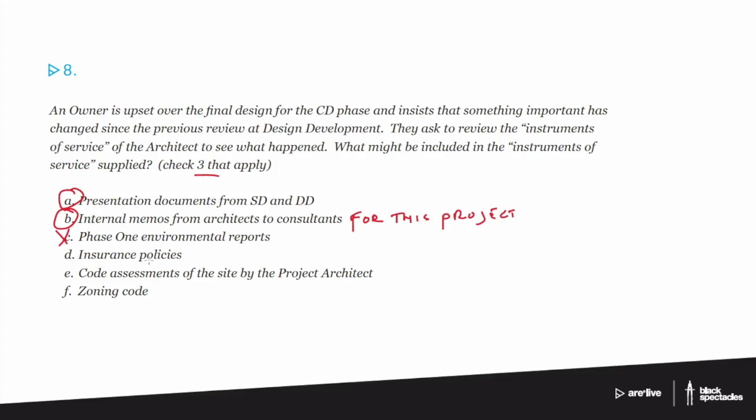All right, how about insurance policies? Well, nope. Insurance policies are not going to be appropriate. It is possible that they may ask, in fact this happens all the time, for a certificate of insurance, which is something that shows your insurance, your surety, their insurance carrier, would produce a document that says, yes, they have a $1 million worth of insurance and it's with this company, et cetera, et cetera. That's different. That's something they may ask for and you can decide to give them, but it's not part of